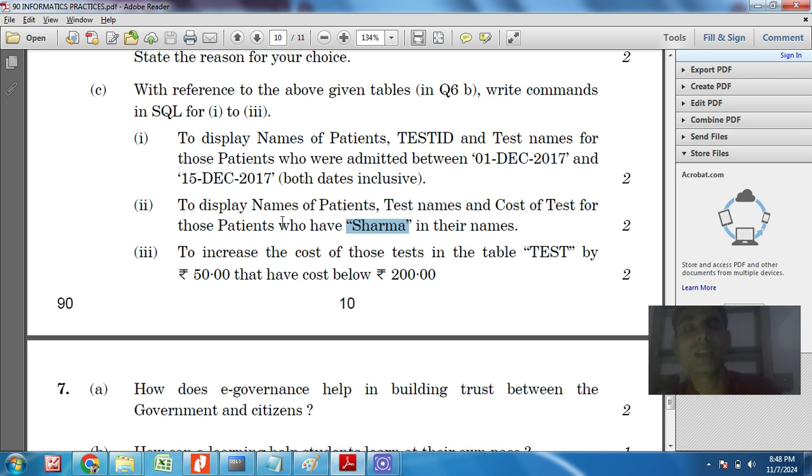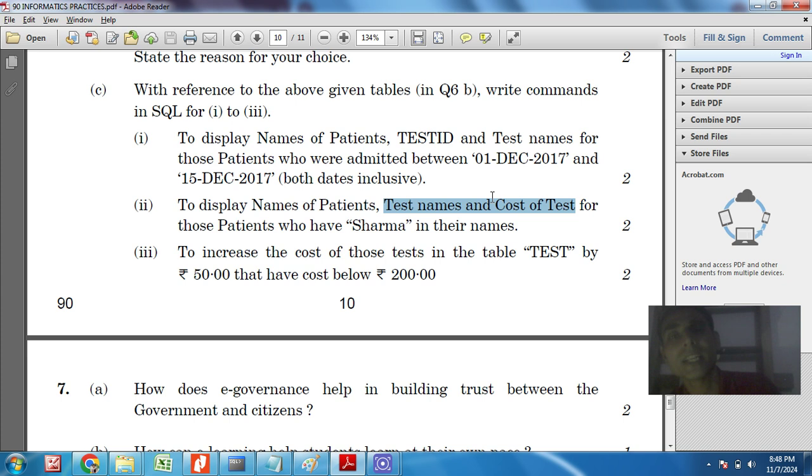We can combine both the tables, because patient name is given in the patient table, and test name and cost of test are given in another table.